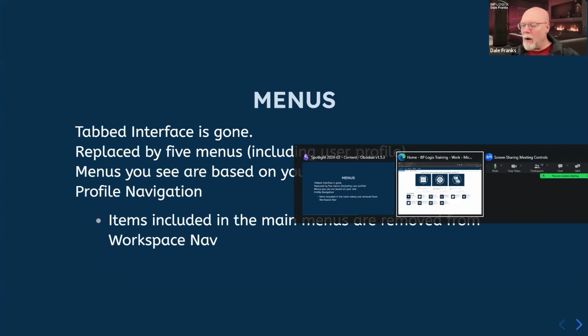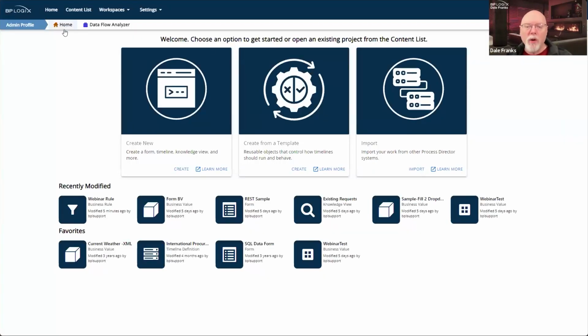But to take a look at what I mean, if we look at this workspace menu, it just says Home and Data Flow Analyzer. Now, in my configuration for this workspace, which obviously was configured long ago, probably back in version 4 point something, I also have links configured in the workspace configuration for the content list, for IT admin, for metadata admin.